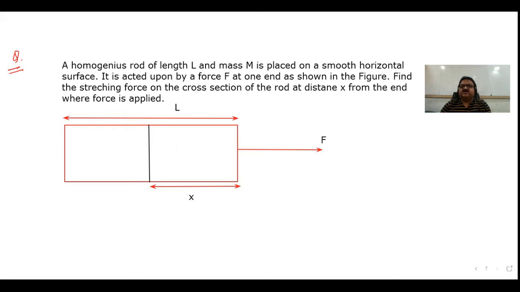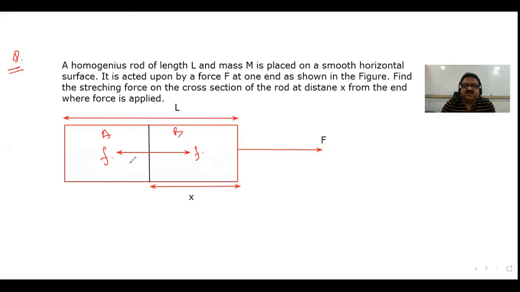We can solve it by using the method of tension also. Later, in the next lecture, I will show you how to solve this problem by using the concept of tension. Okay, let me solve it now. First of all, assume this is the stretching force. Let me divide the rod into two parts, one part is A, another part is B. The stretching force is, say, small f in this case. That means B is stretching A with the force f towards right, and A is stretching B towards left with